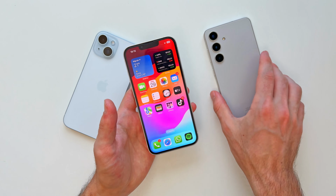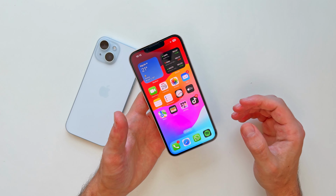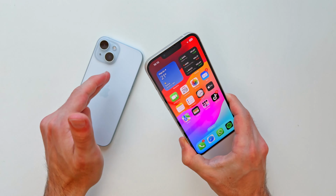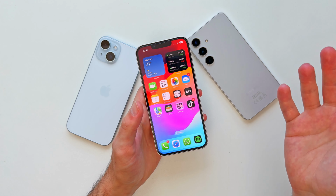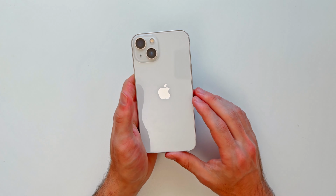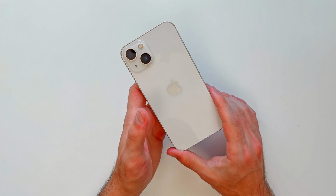It becomes sort of like a lower high-end phone that maybe for a lot of people, because of that lower price, becomes a very interesting option. And it's interesting to see how different it is from the new alternatives and if it actually makes sense to buy it in 2024. Of course, I would like to start by talking about the exterior design,